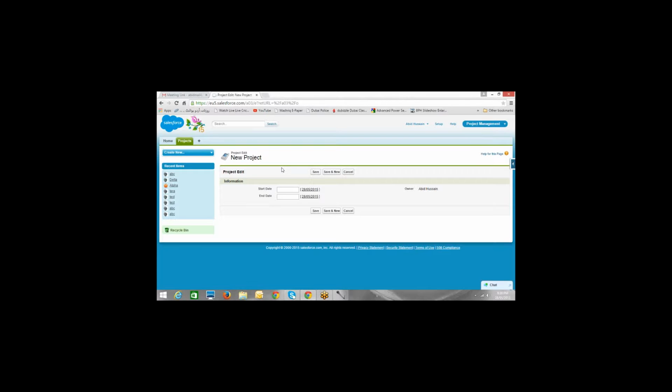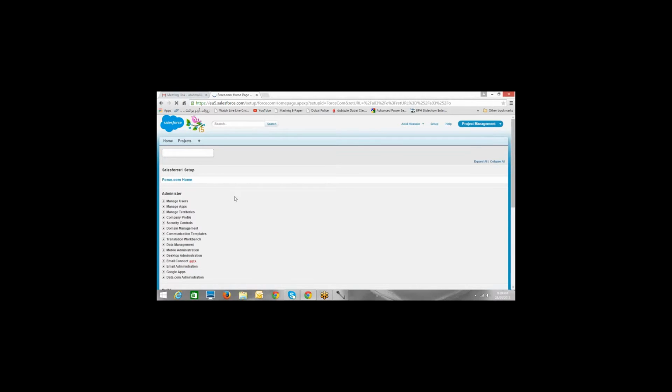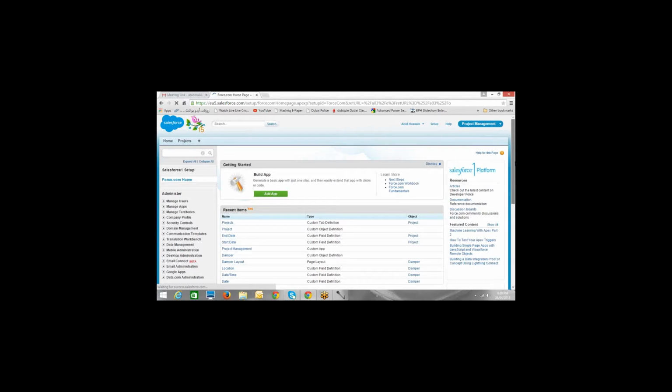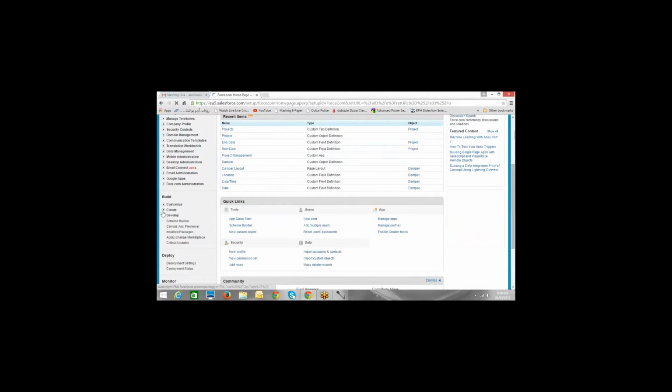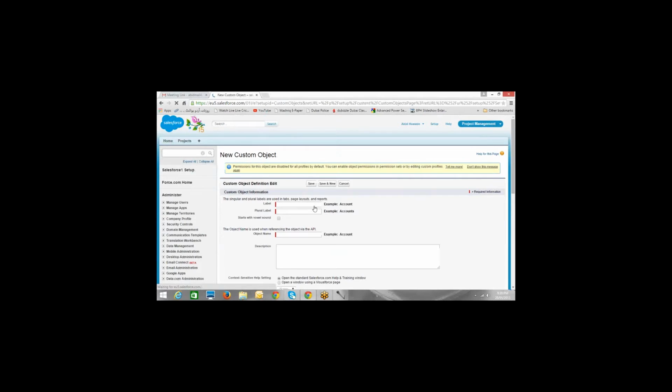Yep, great. All right. So now comes my second object, which is client. Okay, I have another object which is called client. So let's quickly create the second object. Go to setup, create object. This time it will be easy. This will be faster. I need to create my second object, which is called client. And for this client object, I want to create a few fields.